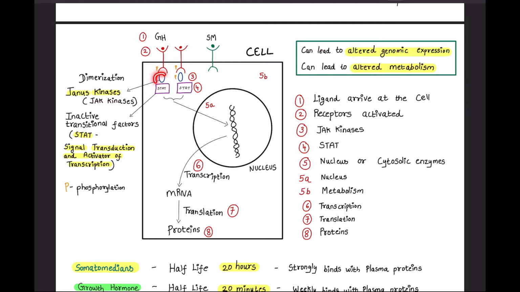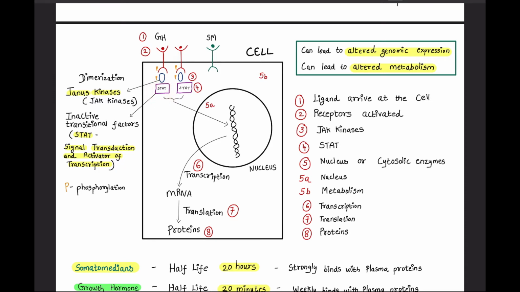These Janus kinases in turn will lead to phosphorylation of the receptor and the JAK kinases themselves, and after the phosphorylation these JAK kinases will act on the inactive transcription factors in the cytoplasm of the cell known as STAT,